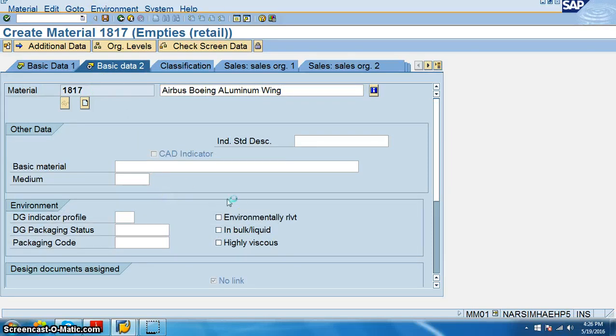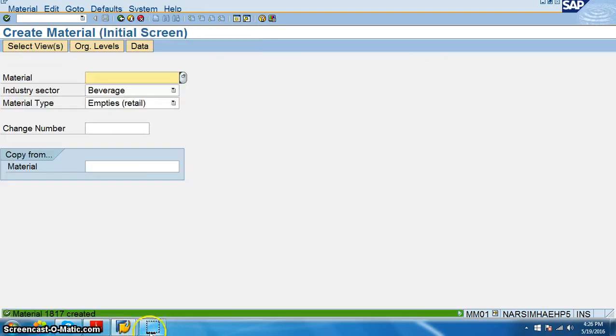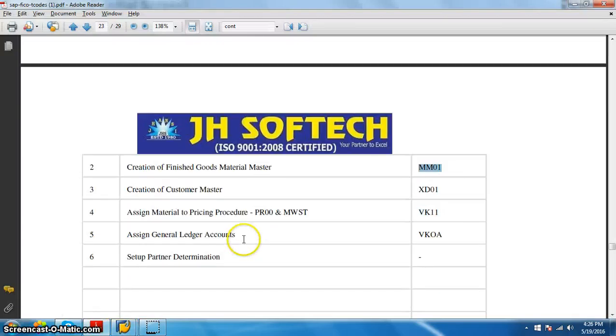We created it with some other details, so we can go through these things and we can create n number of materials with various parameters. 8171 is created, so we'll go ahead with the XD01.